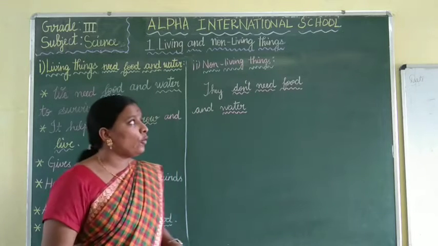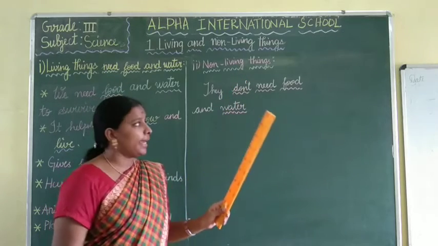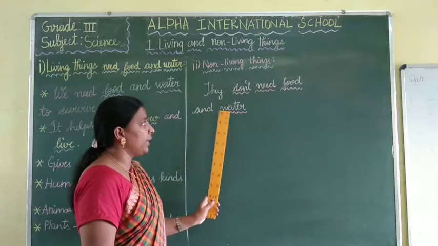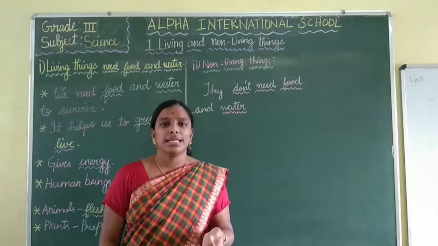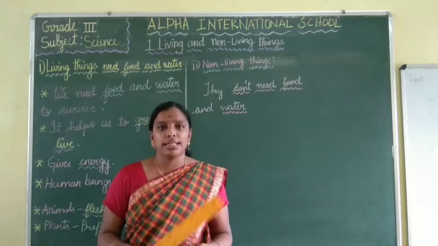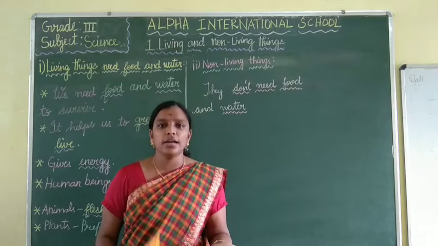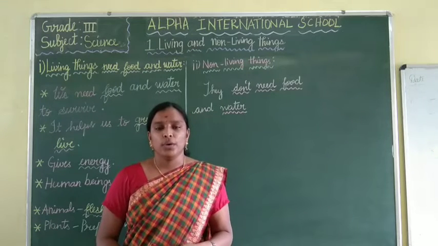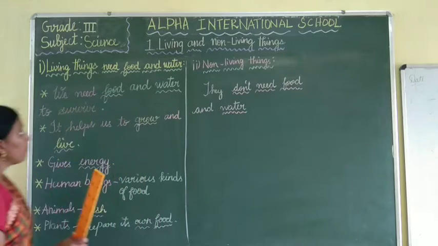Now we will come to non-living things. All non-living things have no need of food and water. They don't need food and water to live. Non-living things can't breathe, and they can't move from one place to another. So they don't need food and water to live. Can you understand, children? Once again I will say from the first. So living